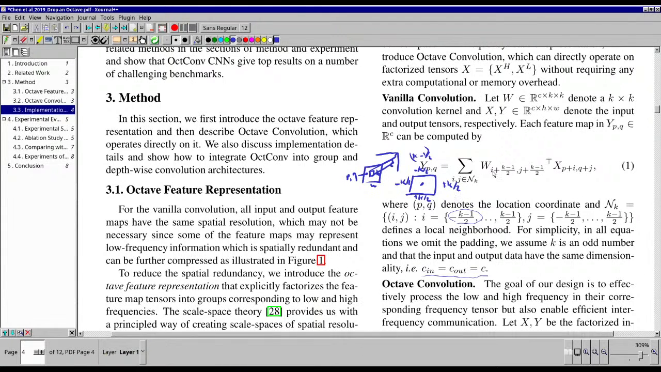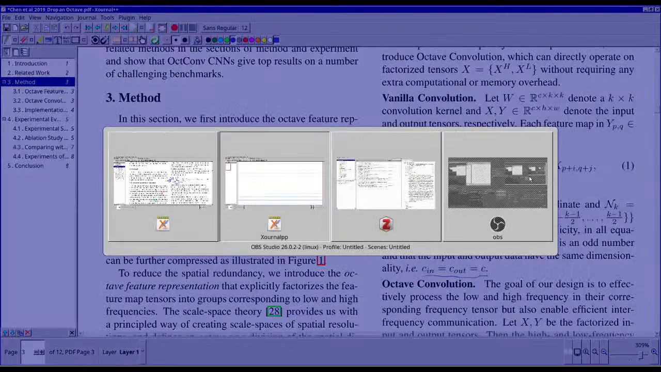OctConv convolution, and just as a preparation, let's look at the convolution operation. So this is the input feature maps to a convolution layer. These come in